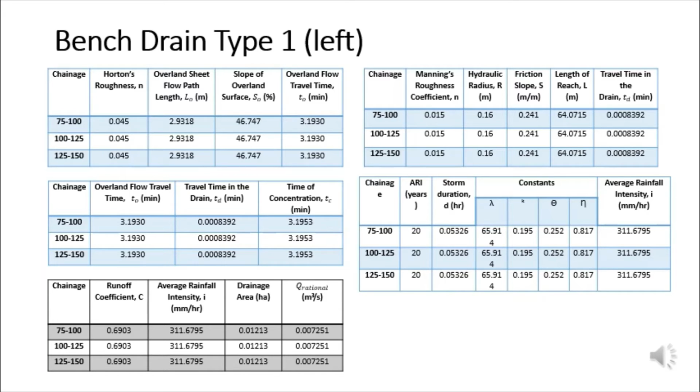For the bend strength, we only find it on the left side in channels 75 to 150. And it is also the same calculation. We find the L0, S0, S, and L first. After this, we calculate the T0, TD, TC, I, and Q rational. And the Q rational of the left side bend strength is